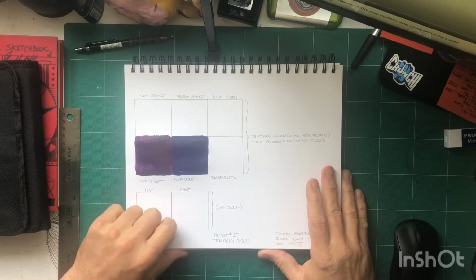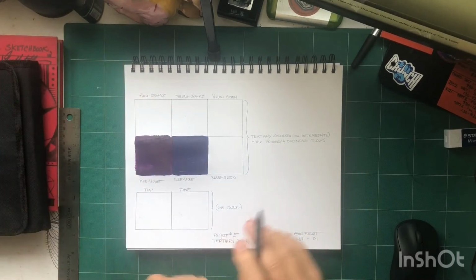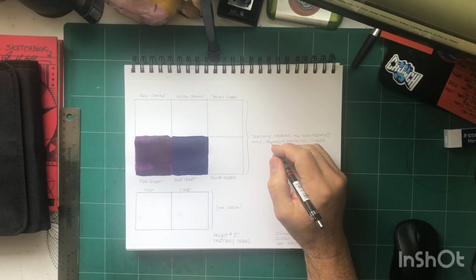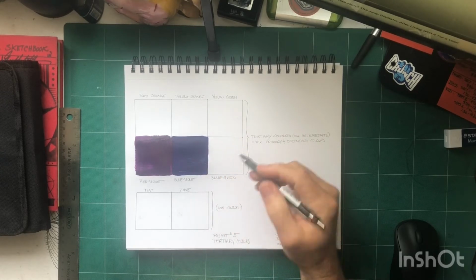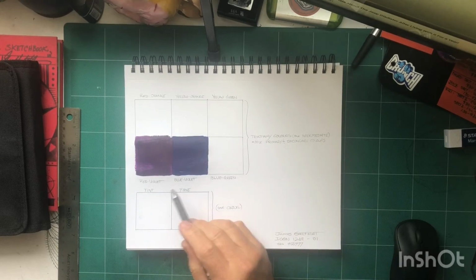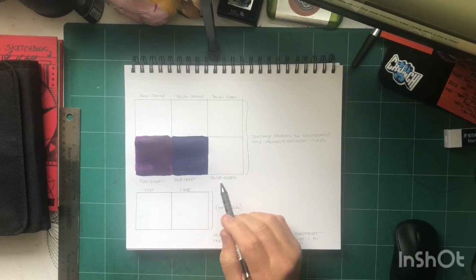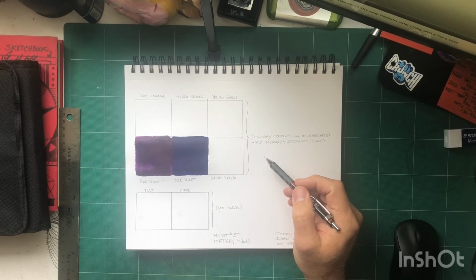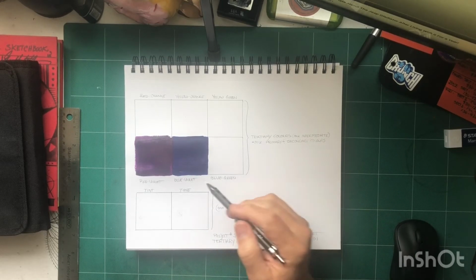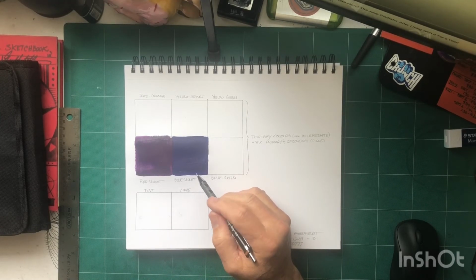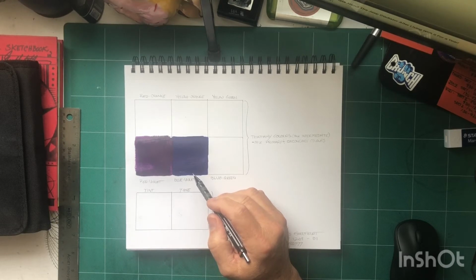So what you're going to have to do is mix your secondary color. So in this case I did purple, and you saw that was the first color I mixed. And then you're going to want to create your tertiary colors, such as red violet and blue violet in this case, by adding more blue to the violet that you created, and then more red to the violet that you created. Now, when you notice when I did mine, I went straight from the blue violet by adding more red,